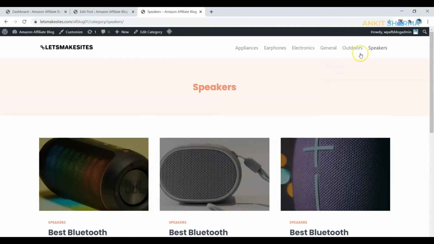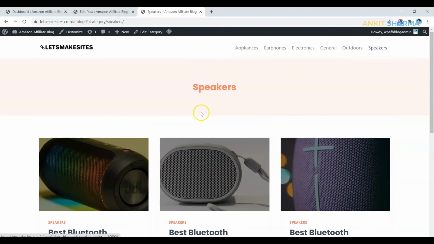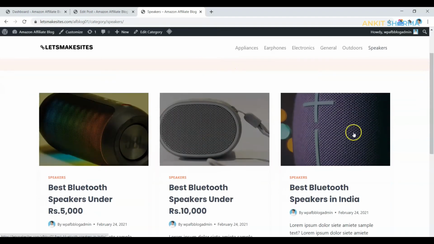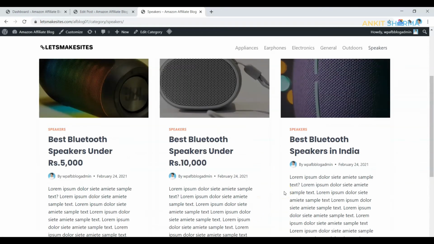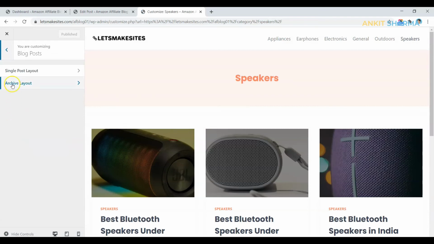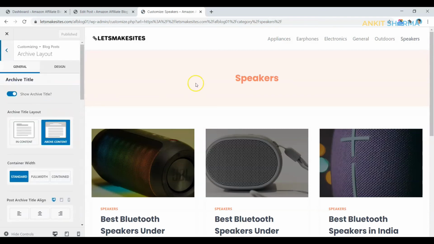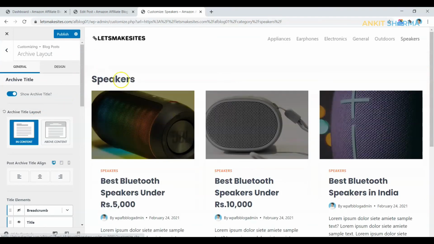So here is the archive page for one of our category speakers. We have the title on the top, which looks good. We have the blog post here, and below that we have the footer. So there is not much to edit here, but let's see what options we have. We'll click on customizer and we go to blog post, archive layout, and once again we have an option to change the title here,